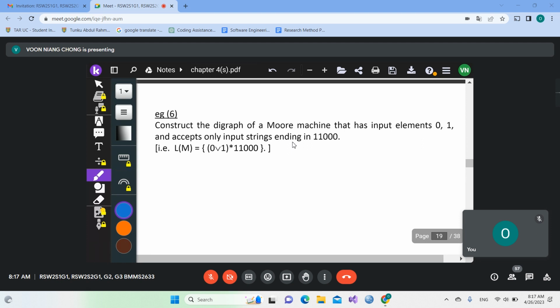Okay, so if let's say you see the LM here, it gives you the language (0 or 1)* and then 11000, meaning that this part is the alternative. But the last part, it must be 11000. It must end with this, cannot end with other strings. So how do we want to construct the diagram in order that the last part of the string is only 11000? Okay, so the easiest is